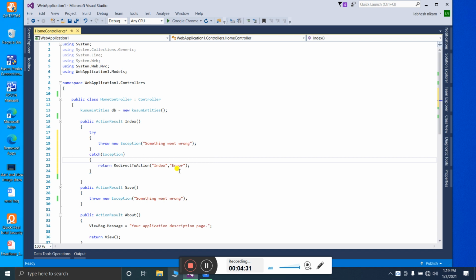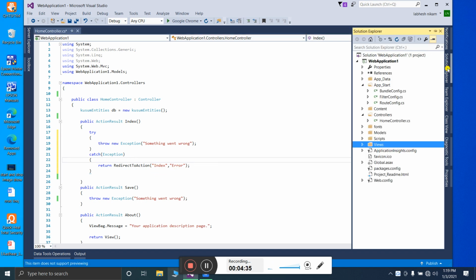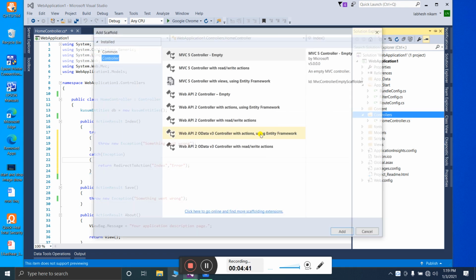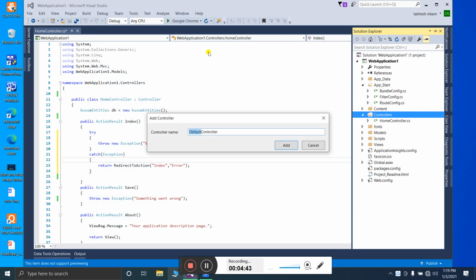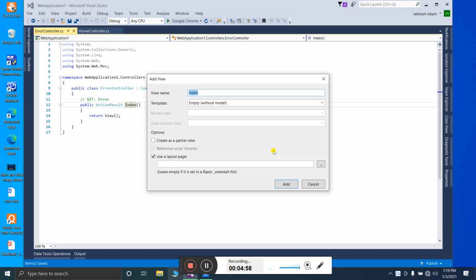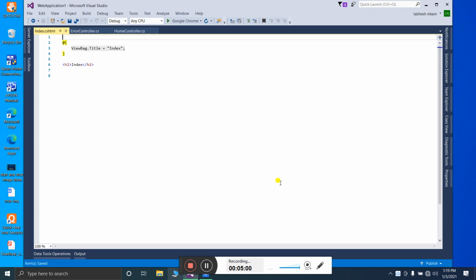So for that I will create one error controller and an index method inside of the error controller. Right click on controllers, create one controller, name it error controller, and create one index view page.